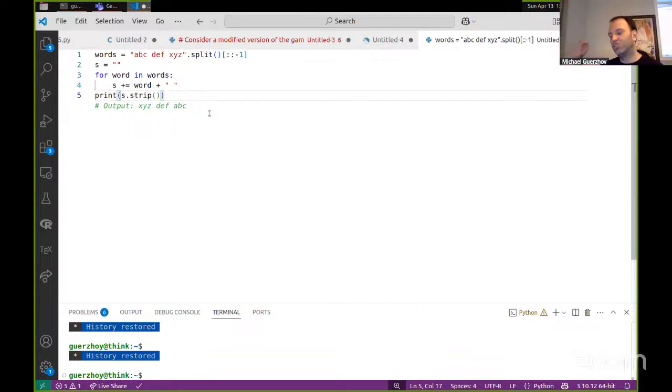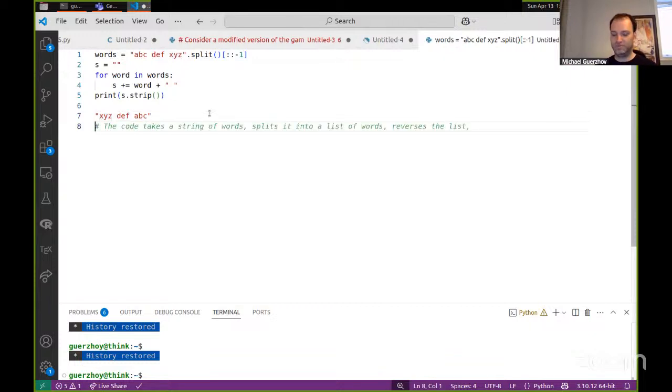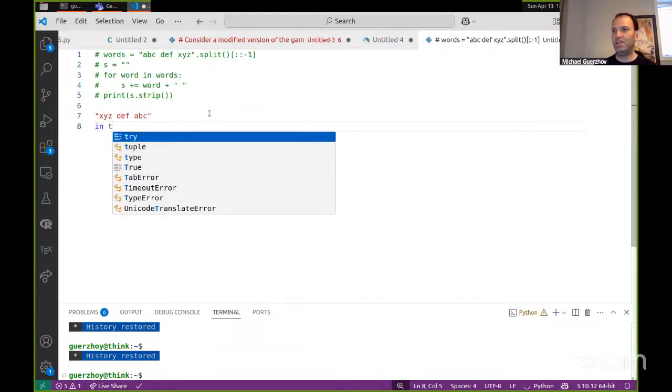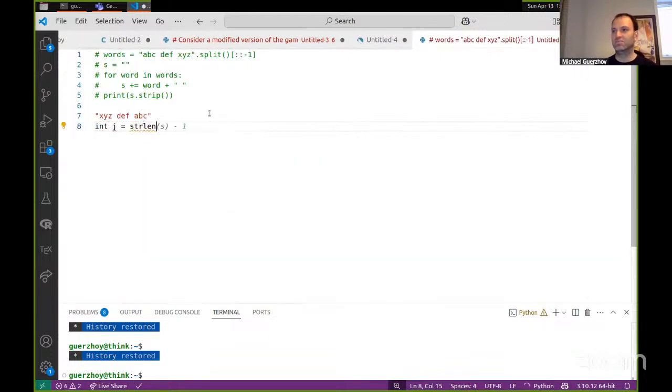There is a way to do the same kind of thing in C, but it's kind of complicated. The way I would think about it is you have X, Y, Z, D, E, F, A, B, C. What you want is to go to the left and copy ABC, then go to the left and copy DEF, then go to the left and copy XYZ. So I would say j is this,